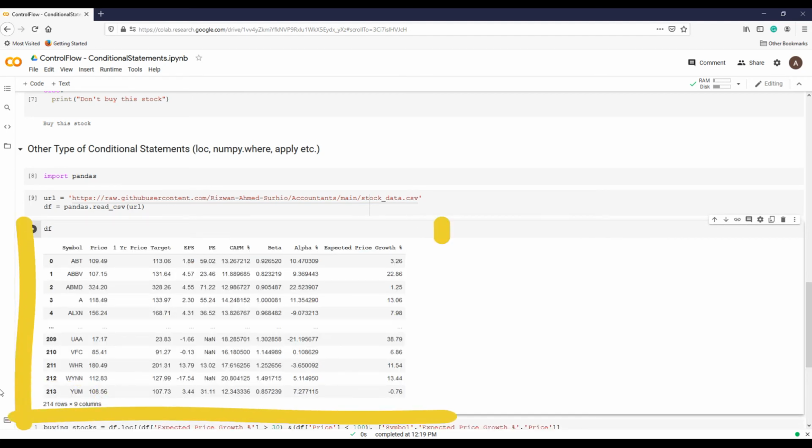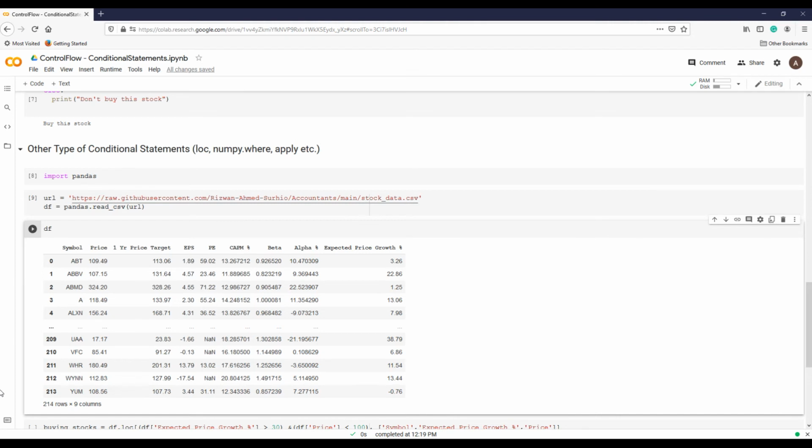It has the symbol of the company, the close price at the time of download, 1 year expected target price, EPS, PE, CAPM, beta, alpha. These are financial measures that help in decision making. And at the end, expected price growth percentage, that is calculated using close price and 1 year price target.